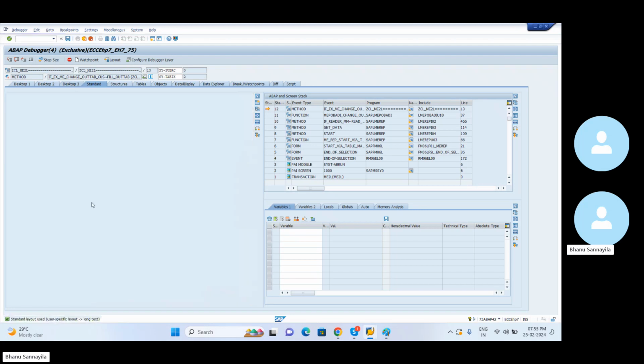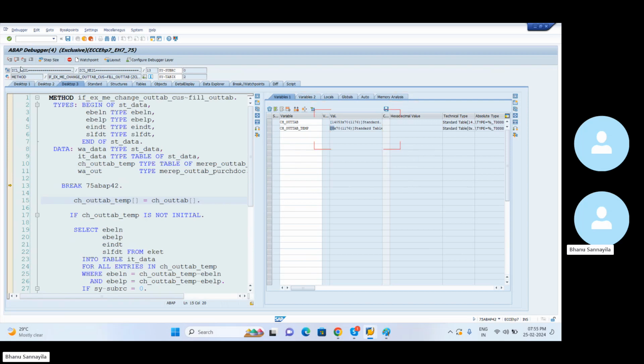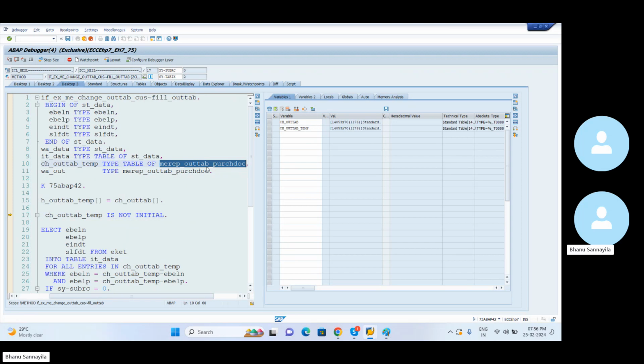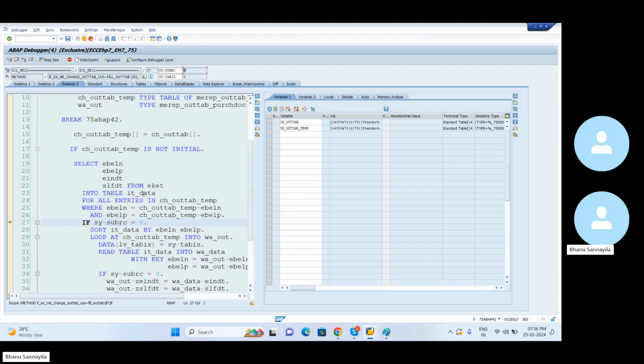The debug is started. Initially here I have 14,053 records. Here no records at all. But the moment I click on F5, see, all the records are passed to this particular internal table. This has the proper reference. So now let me go back, F6. Now we got size of RC success. So we got around how many? 13,000. Yeah,